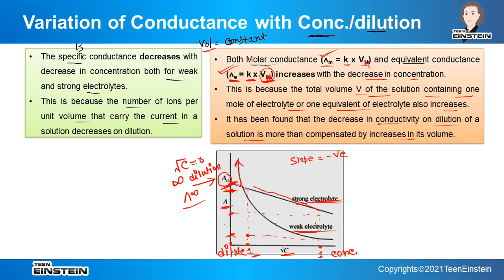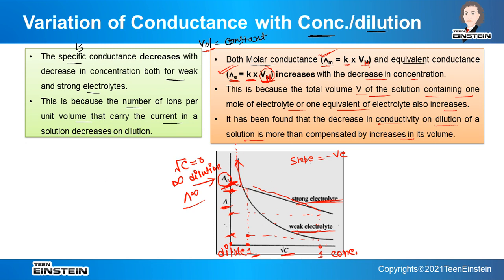But if it is for a weak electrolyte, you can see that this line is never touching the axis, right? So what to do for a weak electrolyte, how should we get the lambda infinity value? There is another solution for that, we will come into it. But before that,